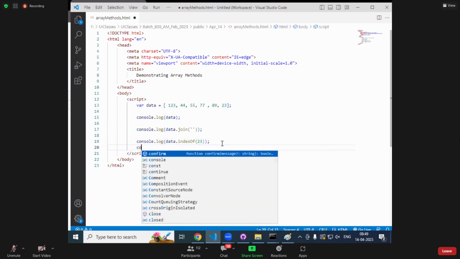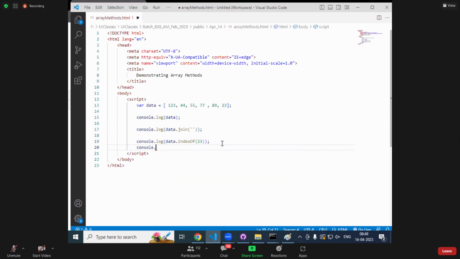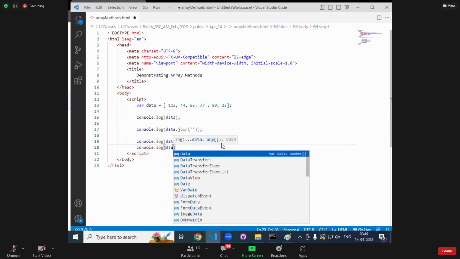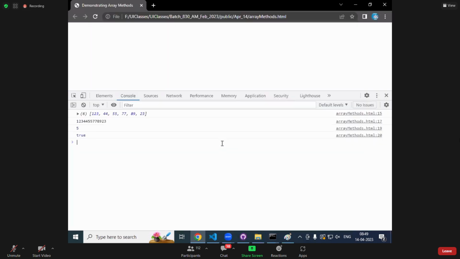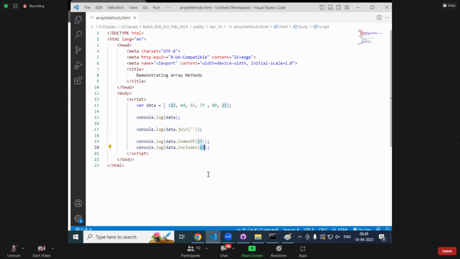Okay, there is something called console.log(data.includes(23)). So what does includes do? Includes is one of the predefined methods which will return whether the given value exists within the array or not. You know, earlier, if I were to ask you a question,